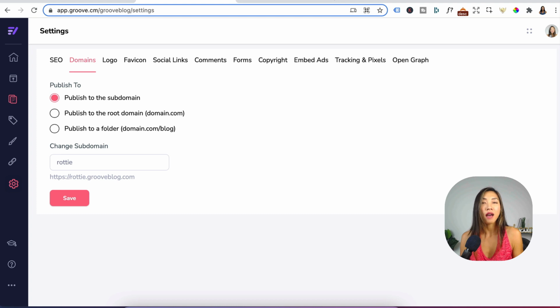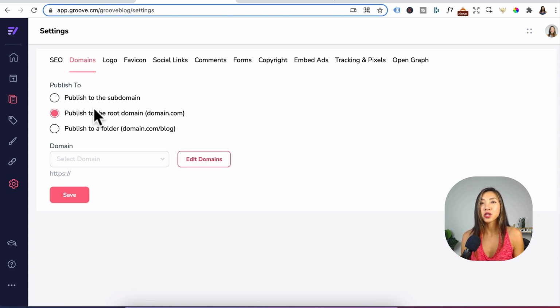For example, I have a blog on a dog breed of Rottweilers and I don't want to buy a domain name yet. So I can use Groove Blog's subdomain, which makes the URL roddy.grooveblog.com. I would use this option if I just want to test out the niche and I'm not ready to commit time or money to writing lots of blog posts or articles. And I would also use this option to make more like a Web 2.0 property and syndicate out content as well as building backlinks.